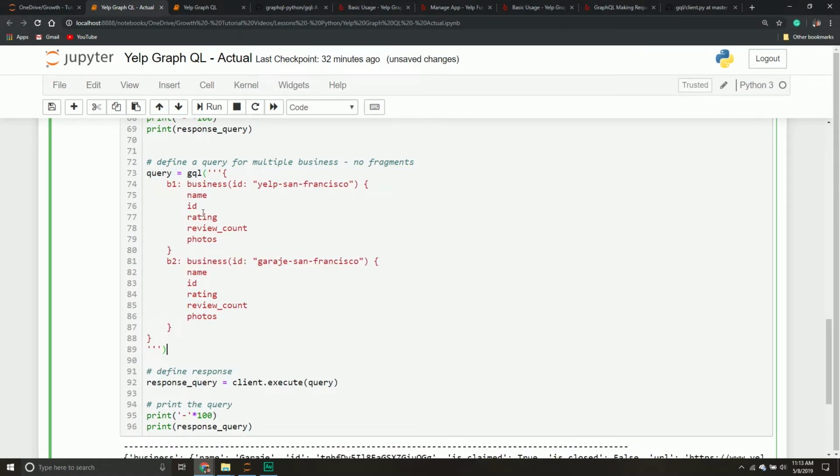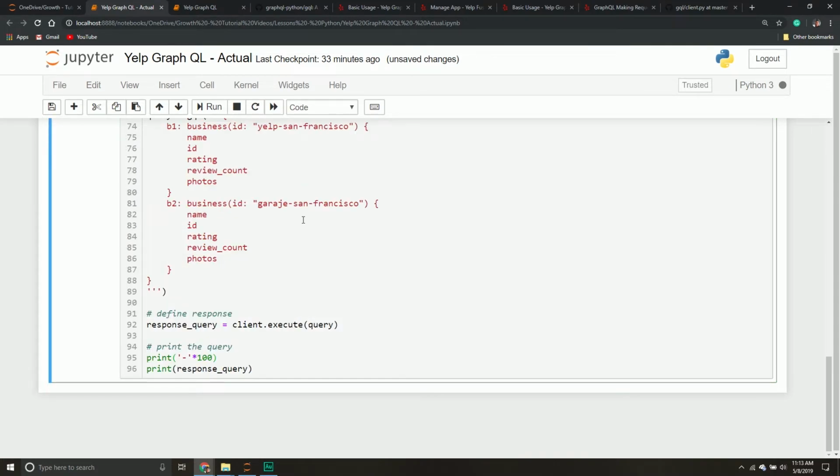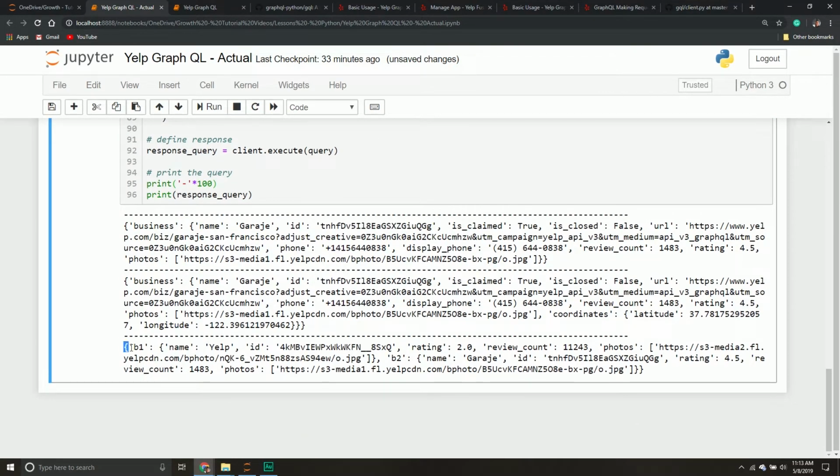Let's walk through this one. Again, for the most part, it's the same. The only thing we really have to keep in mind is that now we're defining each query individually. So this is business 1, business 2, the type of query, the argument, the value for that argument, and the items that we want back. This is within its own little dictionary, and this is within its own little dictionary, and then we have our outer dictionary that contains both of them. With this one, we should see 2 businesses coming back. Okay, so we have business 1